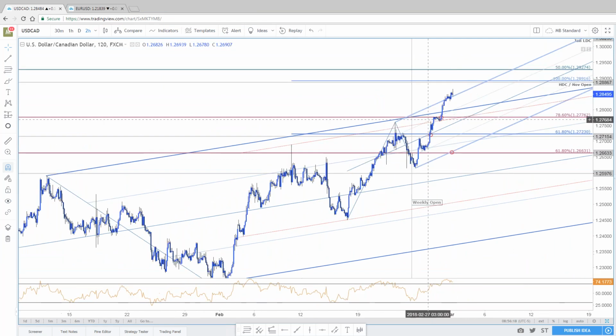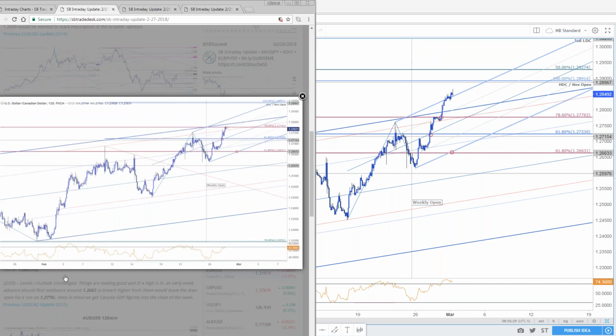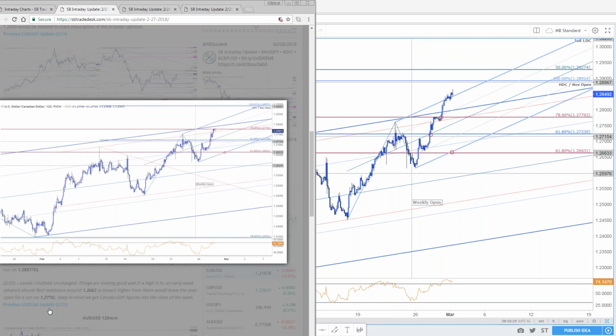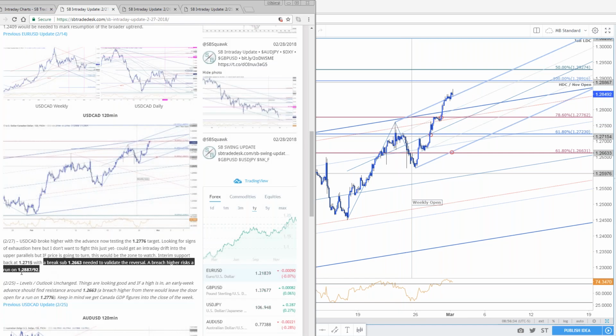The thing is, we tried to short this here, went over all this yesterday. Even on the last break, this was the last region. So here's the breach. Even though we said that, the focus right now is still for a stretch up to 28.86, and that's the level we were looking at. So a breach higher risks a run to 28.87/92. Looks like we're getting tired here. We are getting divergence in overbought territory.